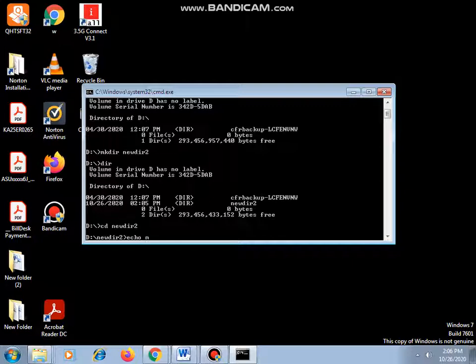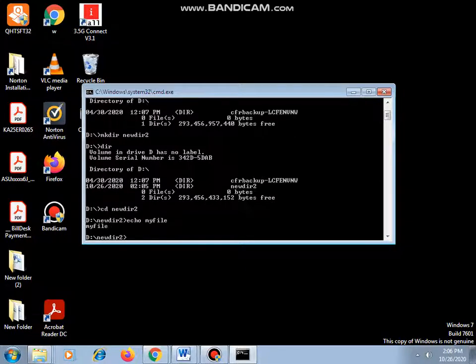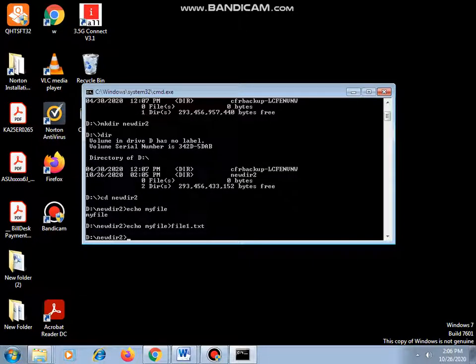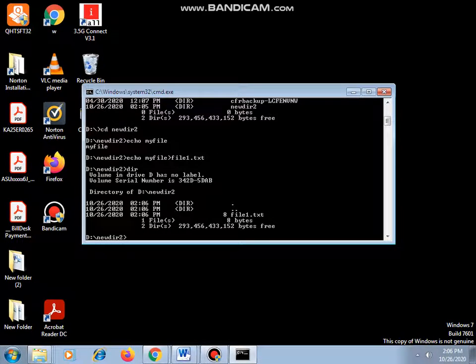the content of the file. If you don't use anything else, then the particular content will be displayed down. If I want to insert this content inside the file, I make use of the redirection operator and the file name. You can check this by using the dir command. So what happens is this new file is created now.